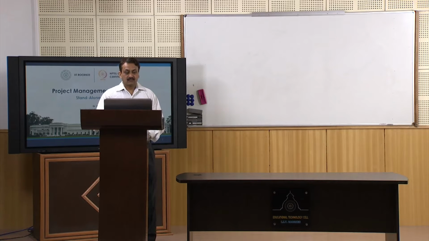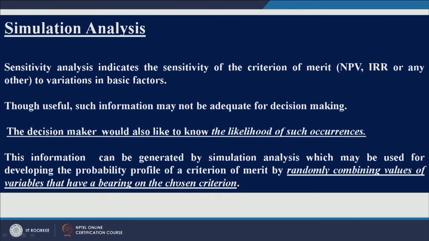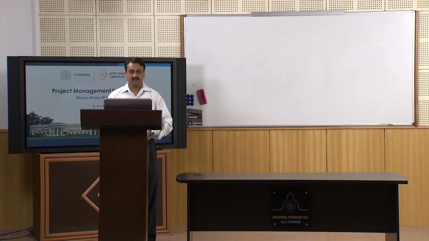So, this information, the information about likelihood of happening a particular change, can be generated by simulation analysis, which may be used for developing probability profile of a criterion of merit by randomly combining values of variables that have bearing on chosen criterion. Right. So, let us not discuss this analysis in detail, but we will move on to Hillier model